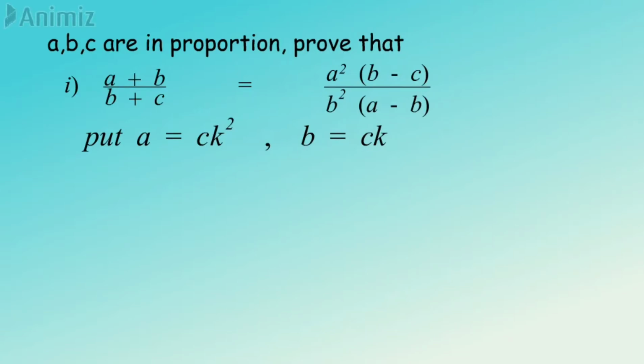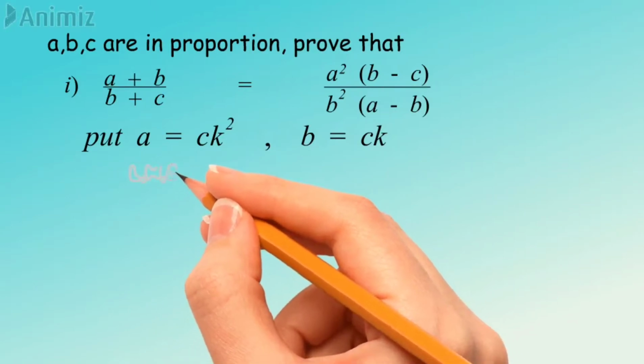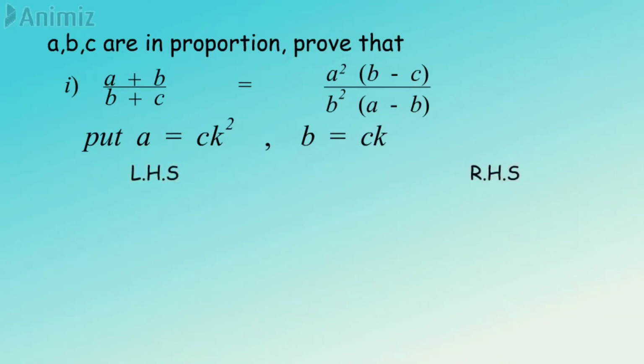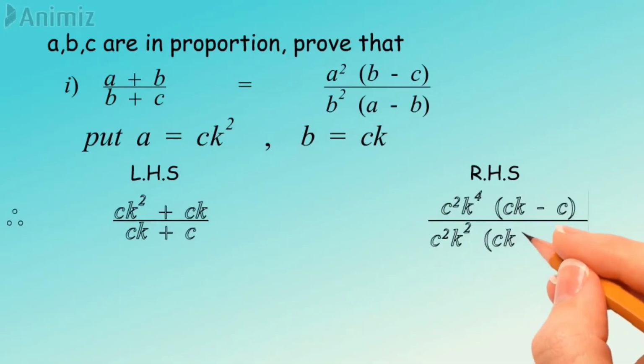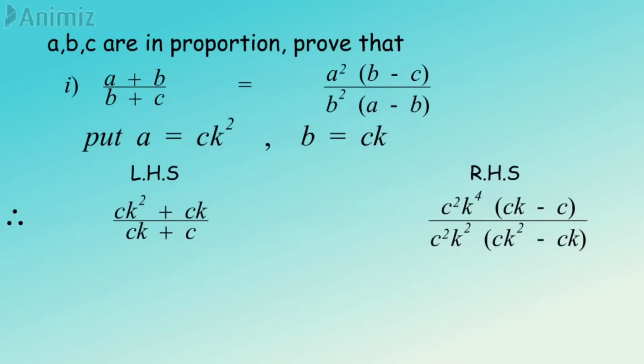hand side as well as right hand side. So when you put this on the left hand side, what you will get on the left hand side, students? Yes. Same way right hand side you will get like this. Now on the left hand side, in the numerator ck is common and in the denominator c is common. Same way on the right hand side, in the numerator c is common factor while in the denominator ck is common. So first let's take the common factor.